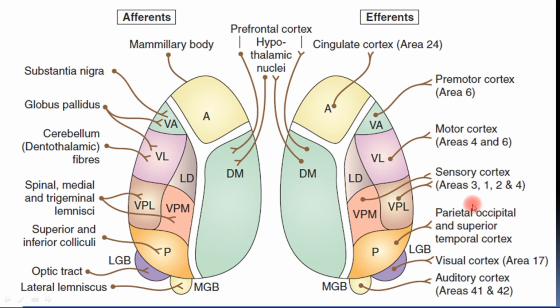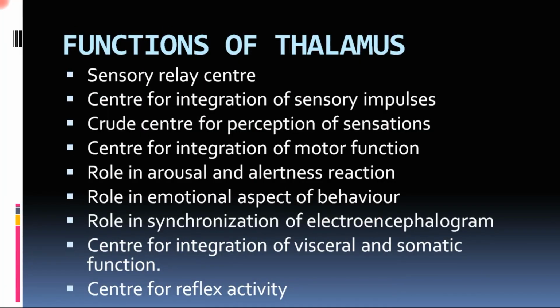So these are the connections of the thalamus, and based on these connections you can easily see the functions of the thalamus. So our next topic is the function of the thalamus. That includes the thalamic function as a sensory relay center. As we have already seen, it relays the sensation from various areas of the body, various sensations like auditory sensation, visual sensation and the sensation of pain, touch and others. It relays from various areas to the cerebral cortex.